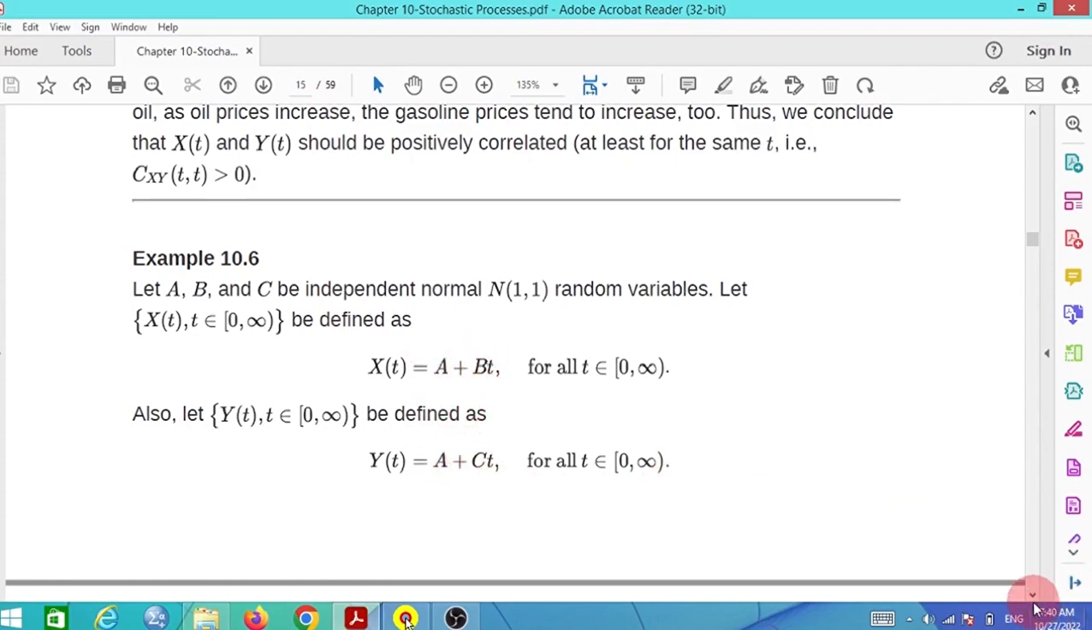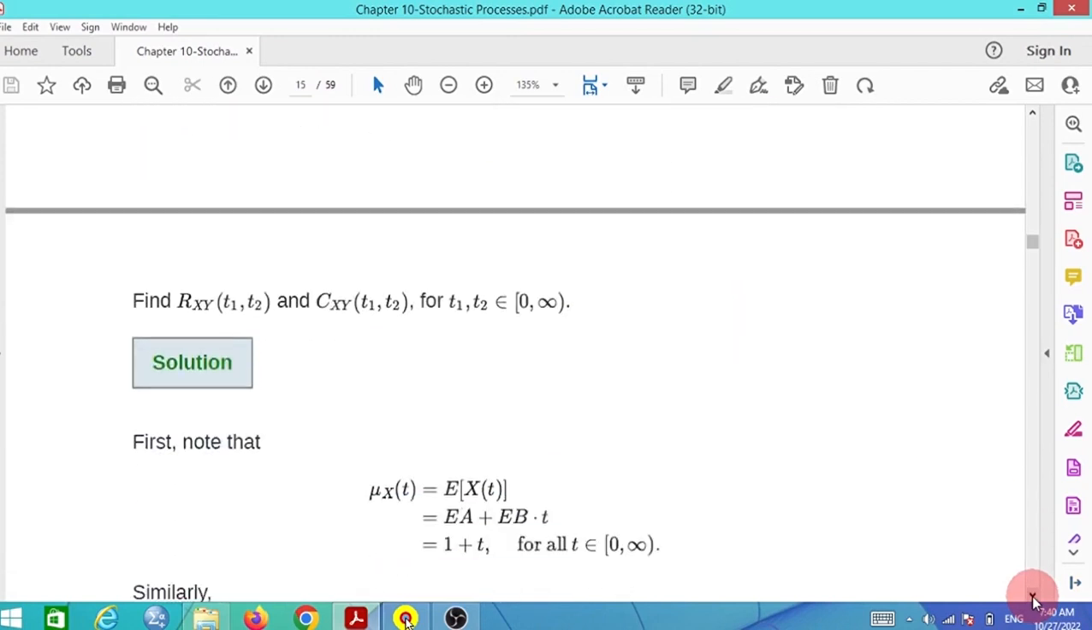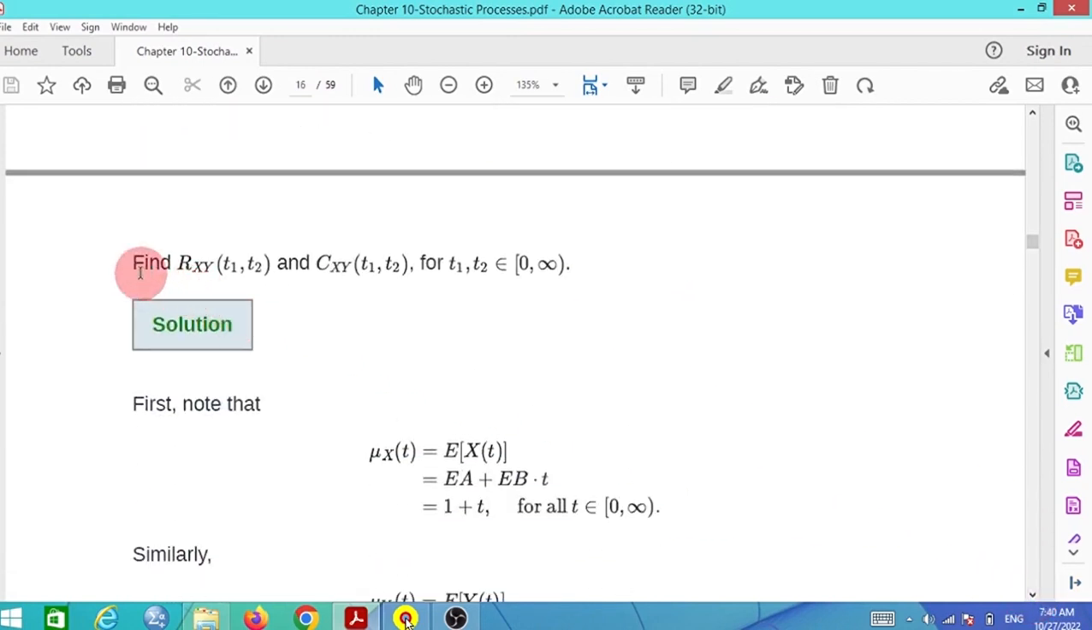Okay, so we must find the correlation function and covariance function for t1 and t2. Solution: